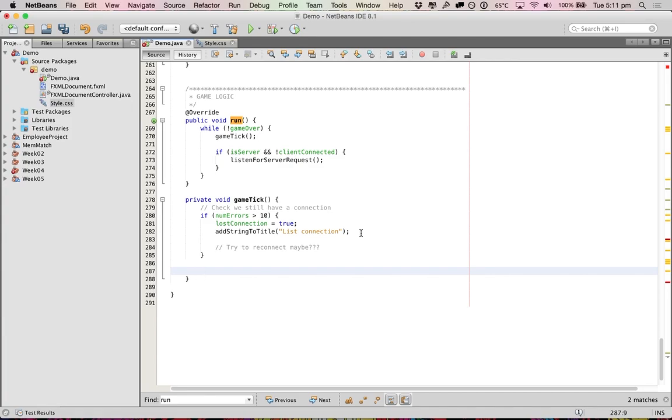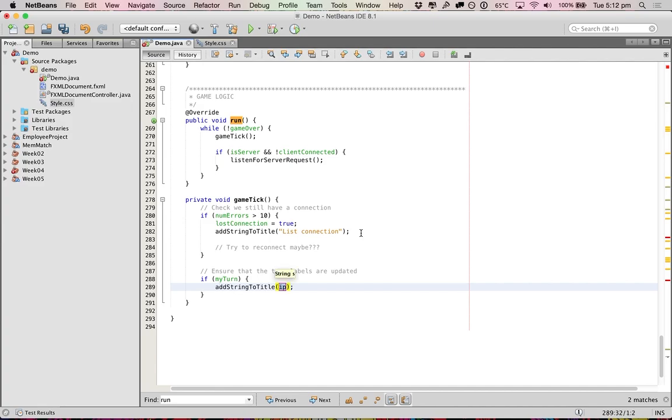Now, here's where we want to quickly update whose turn it is. So we want to ensure that the, let's call it, turn labels are updated. So if it's my turn, then add string. What do we want to say? I don't know. My turn. Easy. Else add string